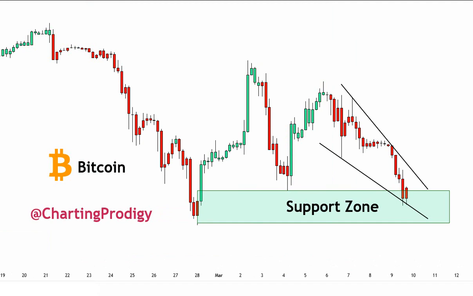Now, Bitcoin having dropped over 6%, 6.39% during the Sunday session, we've come back into the support zone right here. Okay, and if we can break the declining trend line, if we can start climbing higher, and you can come up here and challenge this resistance zone and the declining trend line that I talked about, you can start getting above 94, 95,000 in this area here, then you might have a higher low. But if you end up taking out the support zone, the risk is we come back and take out this low right here.